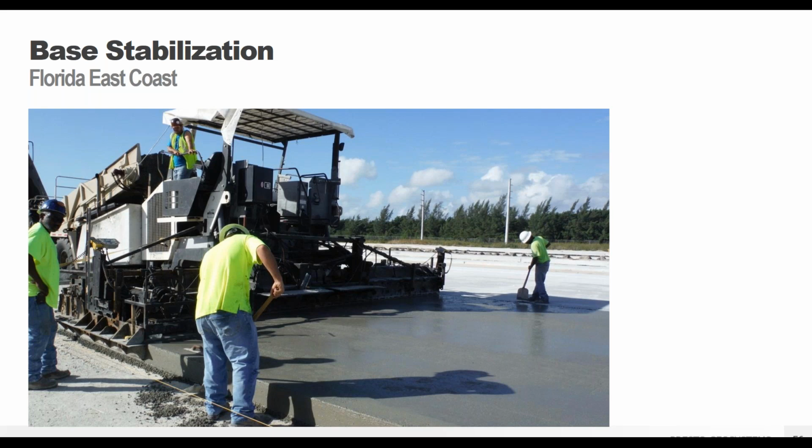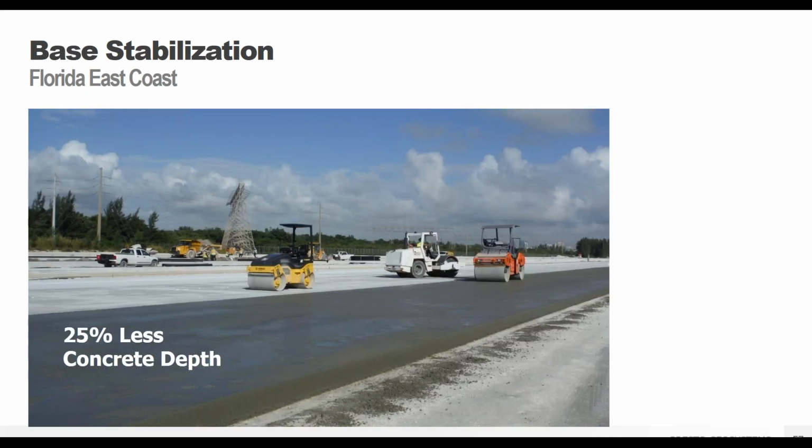And roller compacted concrete is kind of an interesting wear surface. It's basically a low slump, high PSI concrete that doesn't have any internal reinforcement. It's pretty popular in port areas and intermodal yards. Maybe you've run across it, maybe you haven't, but it is something that the GeoWeb system can help support. And so you can see right after they've placed it, you've got rollers on it, making sure it's a good smooth surface. And so they were able to actually reduce the pavement depth from 24 inches to 18 inches.